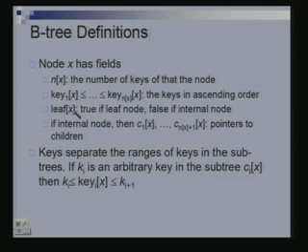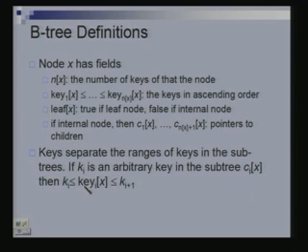They will have a particular bit in a node which specifies whether the node is a leaf node or not, whether it has any further children. So leaf, if this is true, then that means it's a leaf node, otherwise not. And if it's not a leaf node, it's an internal node, then if there are n of x keys, we'll have n of x plus 1 children of that node.